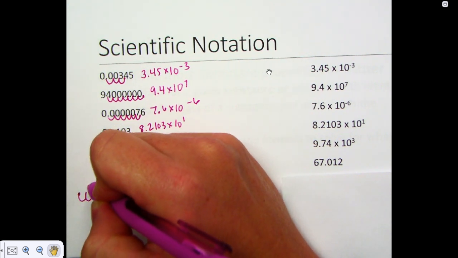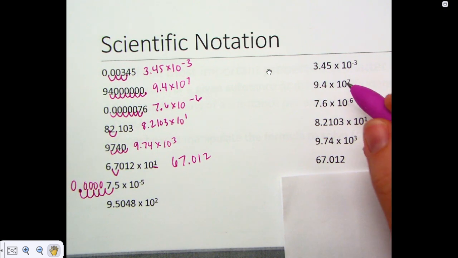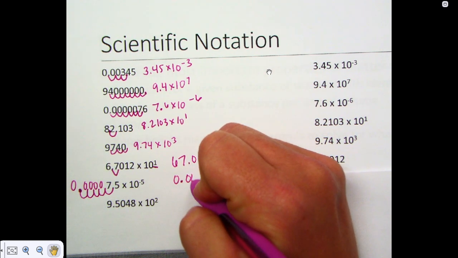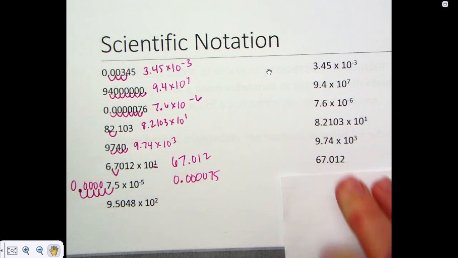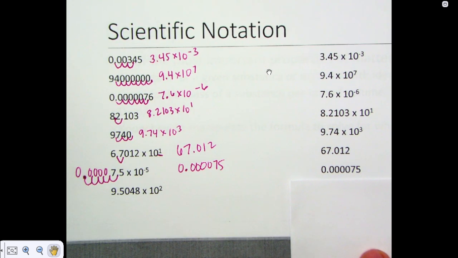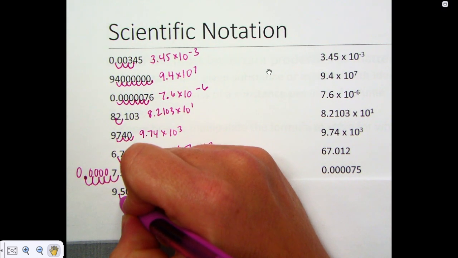Fill in with zeros. And I like to put a 0 in front of my decimal, make a nice bold decimal. You don't have to. You can just have the decimal in front, but you got to make sure it's a nice bold decimal that people can see. So 0.000075. All right. And our last one, 9.5048 times 10 to the second, 2 places to the right,